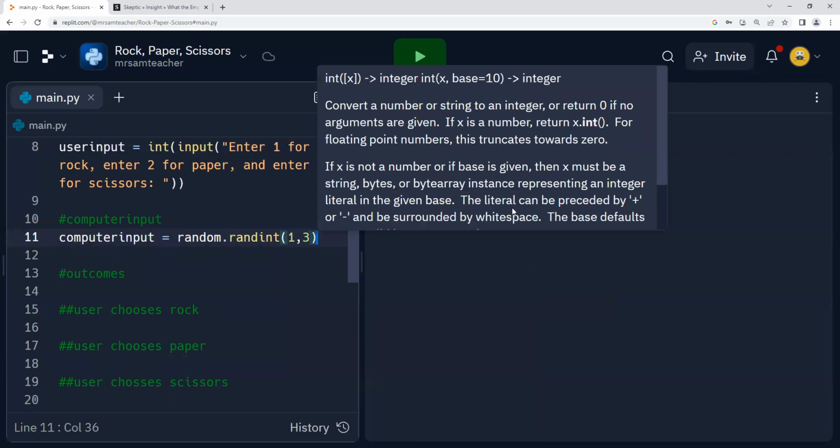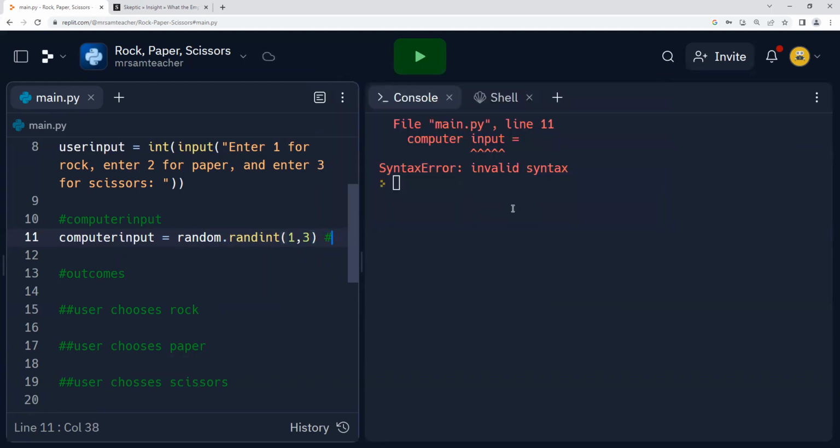If you want to remember what this does, because you might forget it when you go down the code, that's okay. You can put another comment that says this makes a number between 1 and 3. You don't necessarily have to have it there if you can visualize and understand it. But basically, comments can go anywhere. You can never have enough comments. It's always beneficial to have as many comments as possible, but keep it organized and keep the spacing nice. So basically, the computer's input is just going to be a random number between 1 and 3.